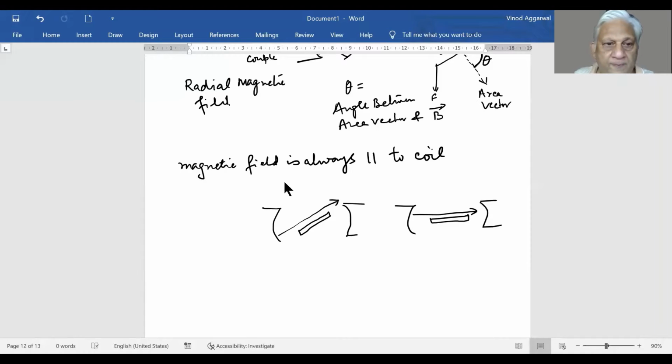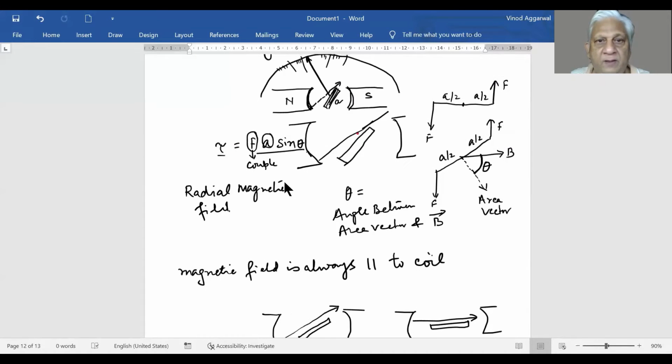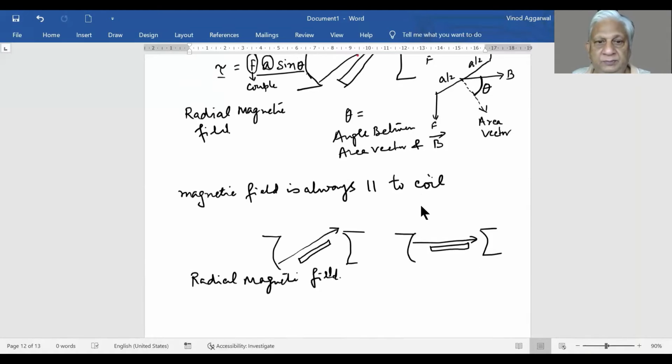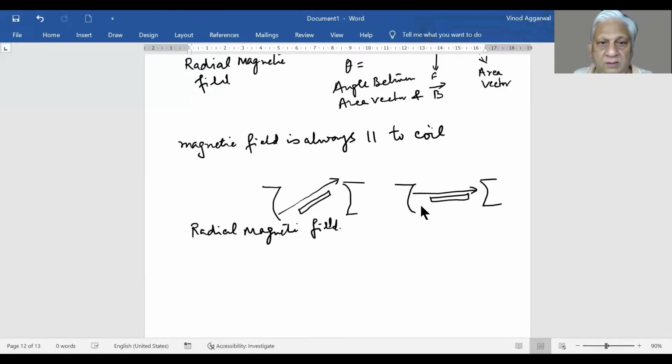This is called a radial magnetic field. In this case, this theta is always 90 degrees. So theta is 90 degrees always,